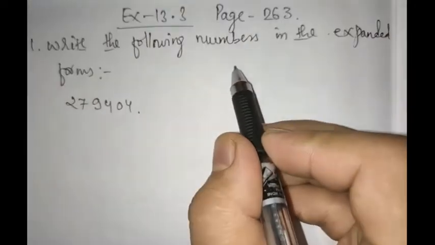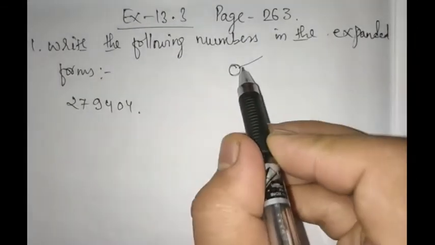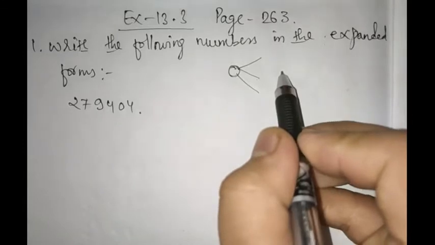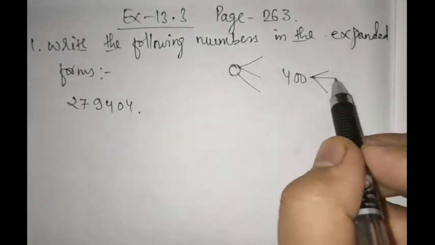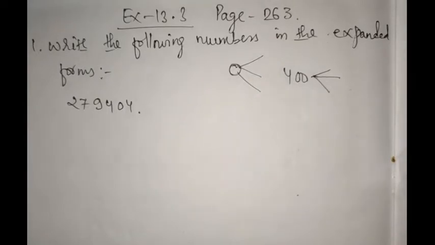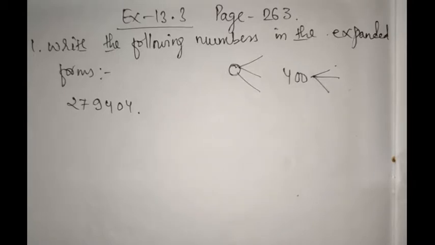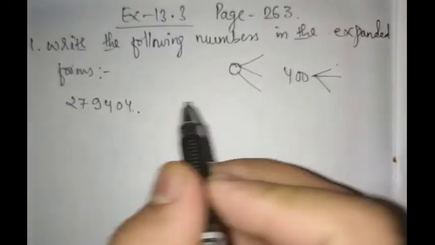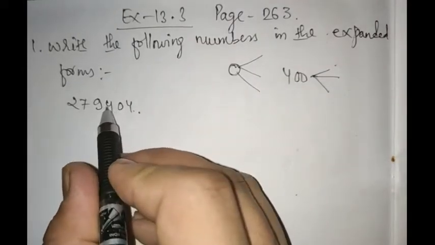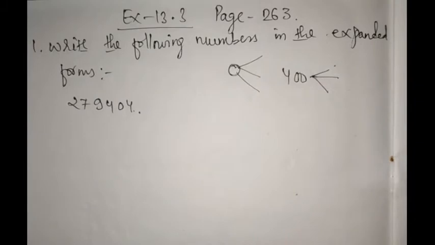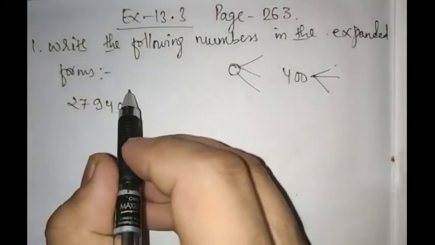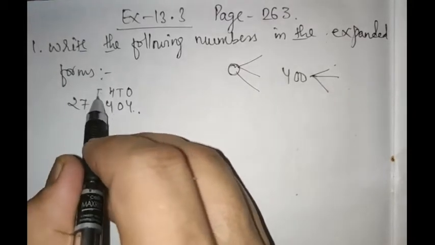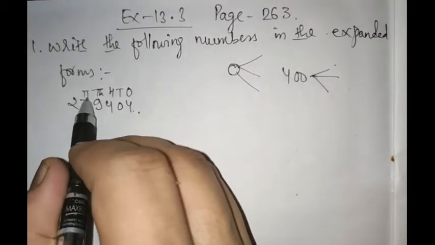Expanded meaning any number given should be expressed in the bigger form. Alright, suppose you have 400. You have to express this number in the expanded form. I hope this type of question was done when you were in the lower section, right? Using the concept of the place of a digit. So it is ones place, tens, 100, 1000, 10,000, and so on. It will proceed, right?